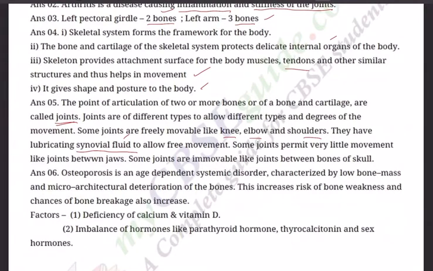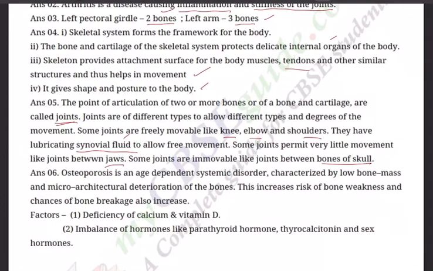Some joints permit very little movement, like joints between the jaw, you see, mandible, upper jaw, lower jaw I said, and mandible and maxilla I said yesterday. Some joints are immovable, like joints between bones of skull. So there are varieties of joints in our body. Question number 6,